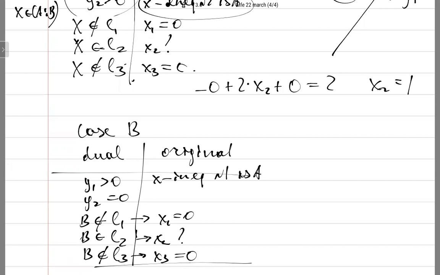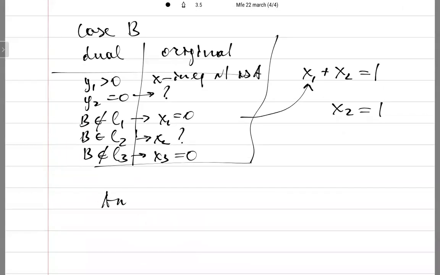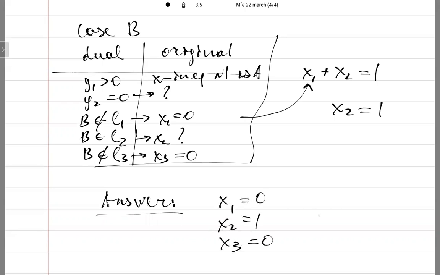I don't know about x inequality number 2, so I cannot make any conclusions. The first inequality was x1 plus x2 is 1. I plug in x1, and I get x2 equal to 1. So basically, the answer for all cases, I have x1 equal to 0, x2 equal to 1, x3 equal to 0, and